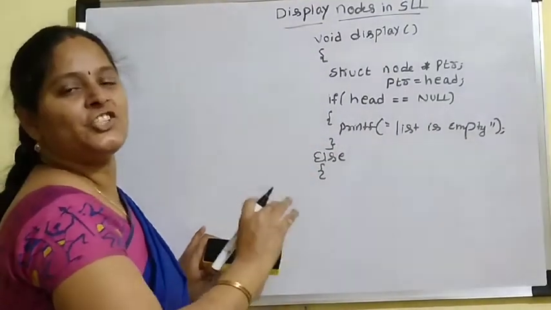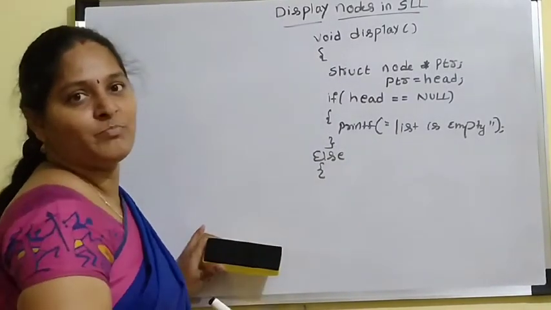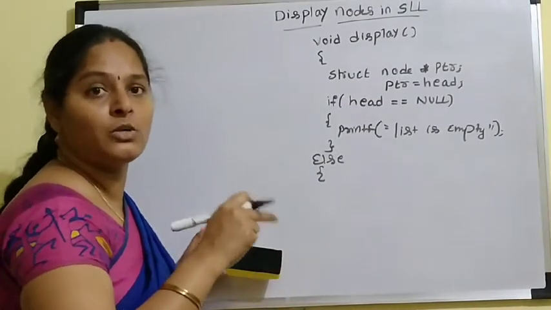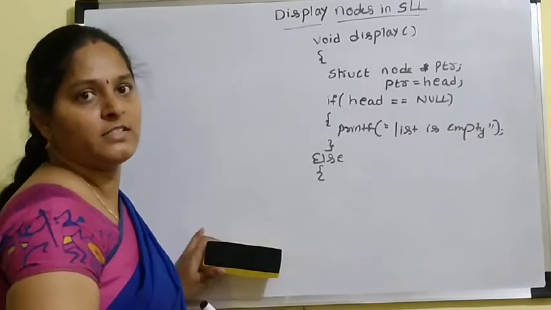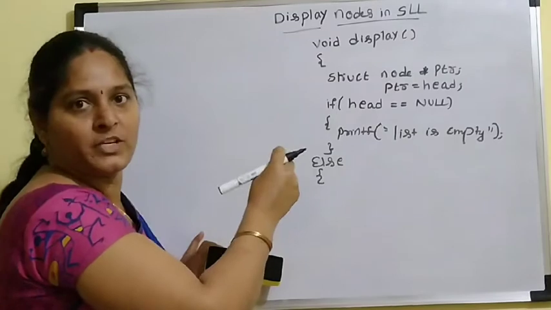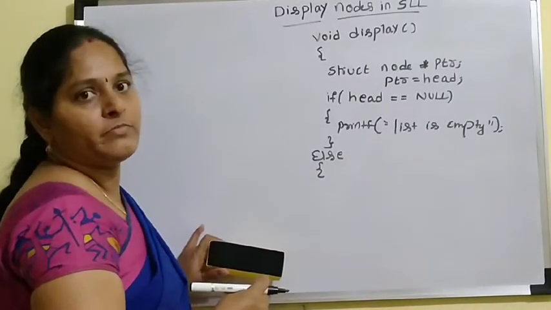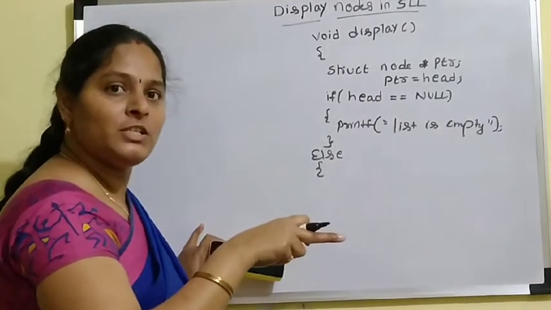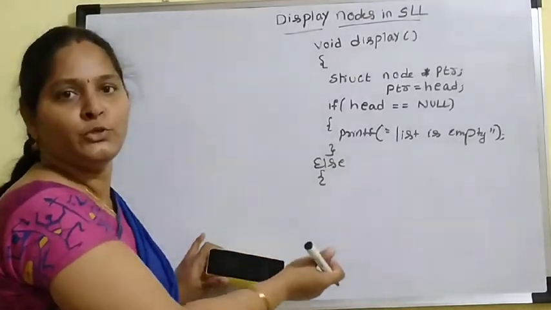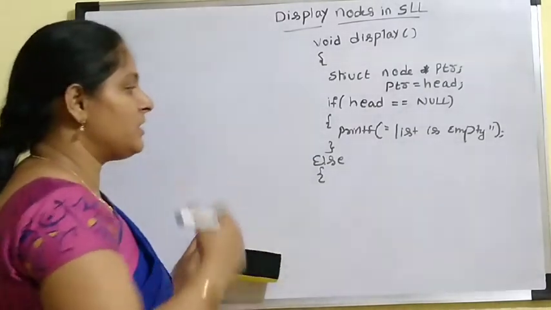So this display function is similar to the length function of single linked list. If you observe in the previous video, we discussed how to count the number of nodes in a single linked list. This display function is also similar to that counting function, except one statement. In case of length function, we use a count variable for counting all the nodes, but here no need to use count. Except that statement, everything is same. See the display function.